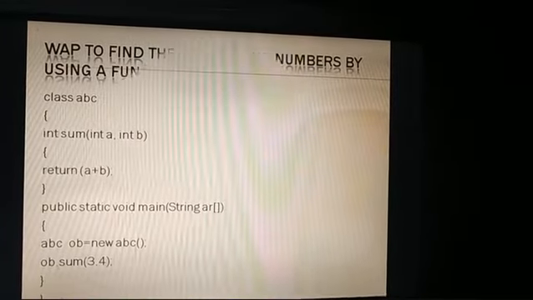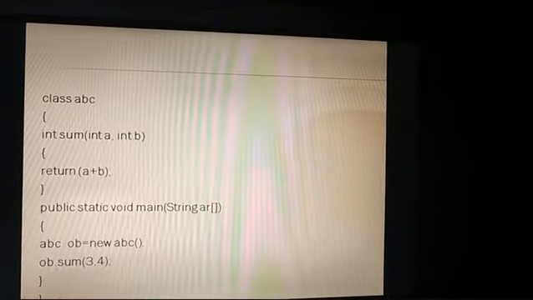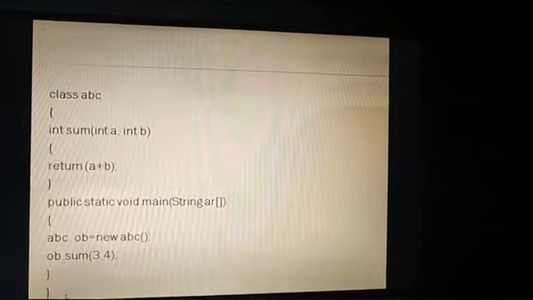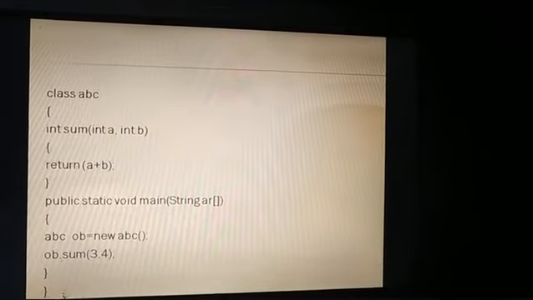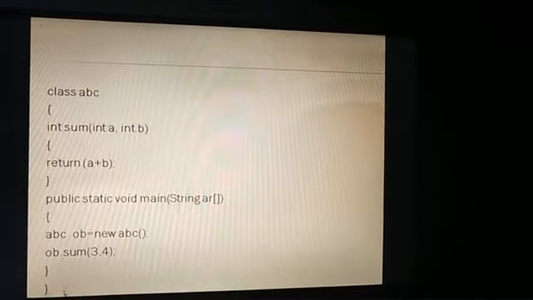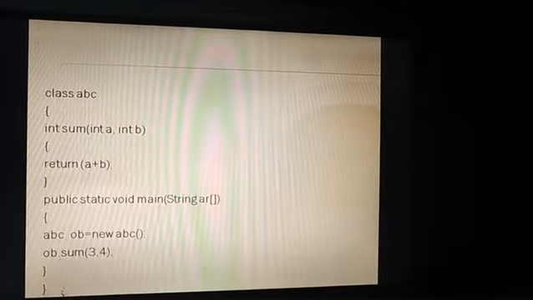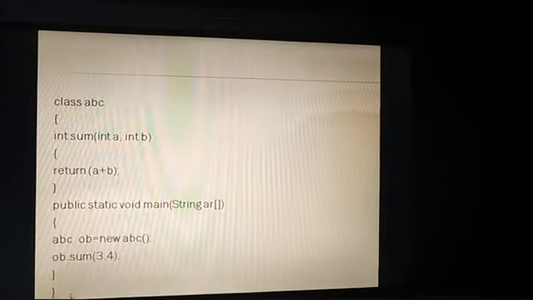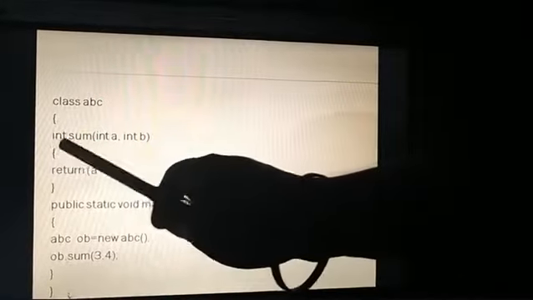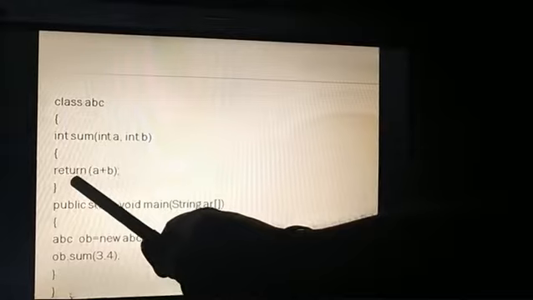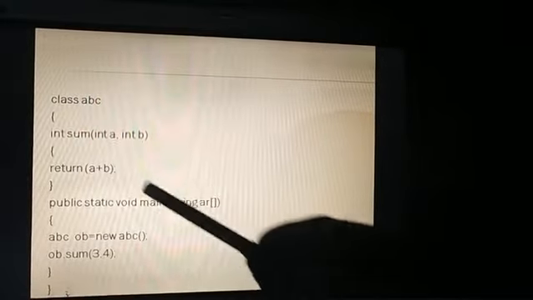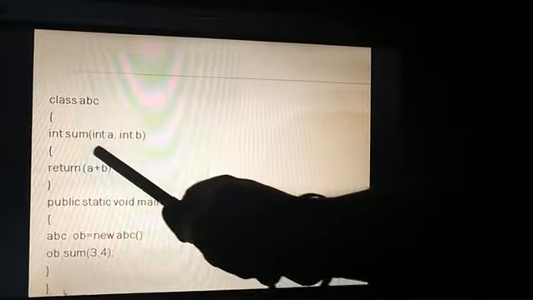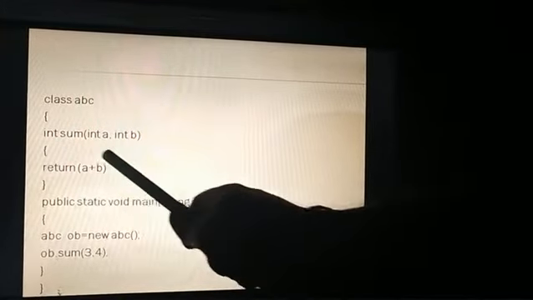But the same question I am solving in a different way, and before the sum function name it is mentioned int. So int is returning some value, as I explained to you in the beginning, that int is returning an integer value. I am finding the sum of two numbers, so inside the function body I am writing return a plus b. A is an integer value, b is also an integer value, and I am finding the sum and I am returning the value.